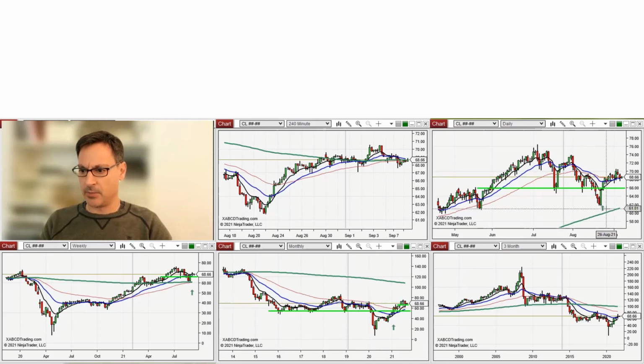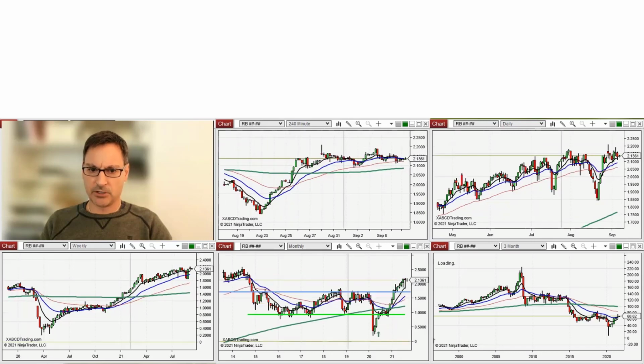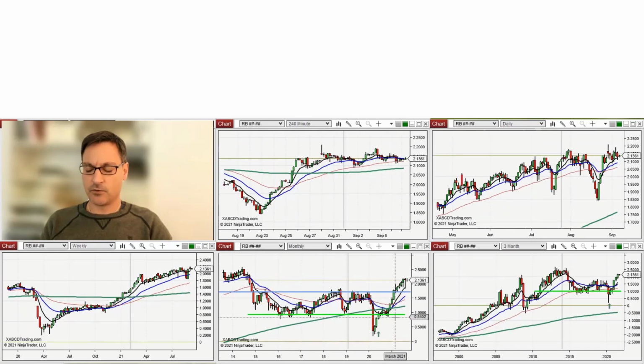We actually have another pattern here. That's a gecko pattern on the daily that has triggered about 2 weeks ago. And we might actually see these stop run levels be taken out, and we have room to go towards the 200 moving average here on the quarterly chart. Now, gasoline, the RB future, is actually front running. They're kind of correlated, right? Crude oil and gasoline, but gasoline is front running crude. And we had a very early entry signal down here on the monthly chart, and it already has run for those stops. That's what we can foresee for crude.